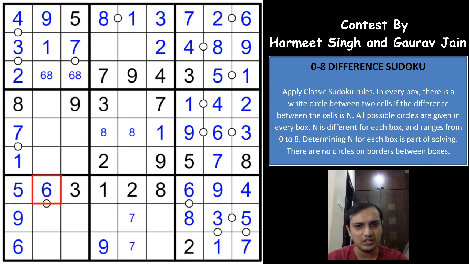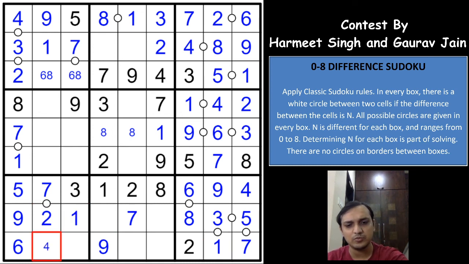This gives you a 7 here, which means the difference of 6 is already taken here. So the remaining difference is 5, which means this has to be a 2. And now because of the 7 here, you can eliminate 7 from here, and a 7 is here. 1, 4 and 8 are the remaining digits here. So 1 has to be here, and these two digits will have to be 4 and 8 in any order, right?